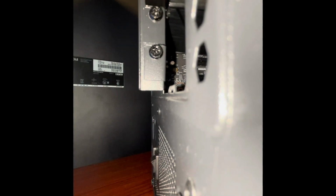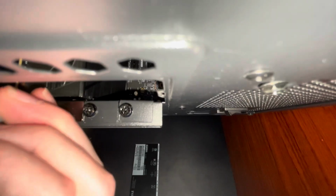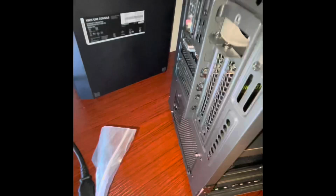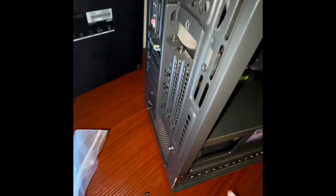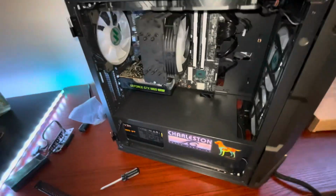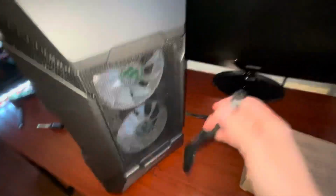Which I have to do in portrait mode. I'm sorry about that. Deal with it. And you screw that in too. So it takes a screw and just put it in. It's that easy. And I think we're on the final 2 steps, which one of them is taking your graphics